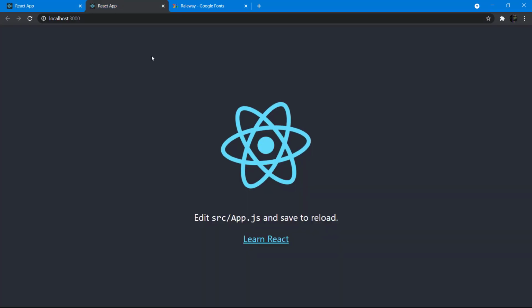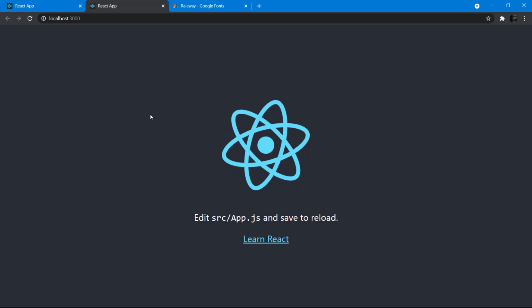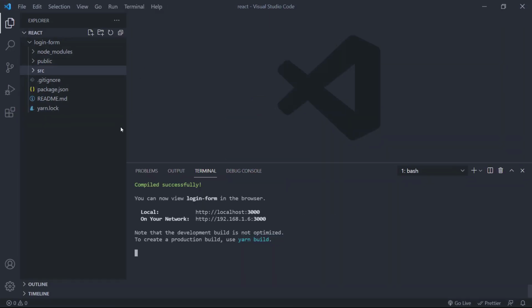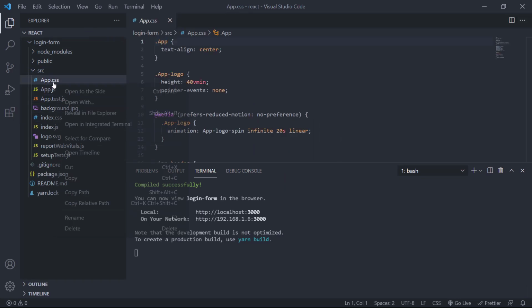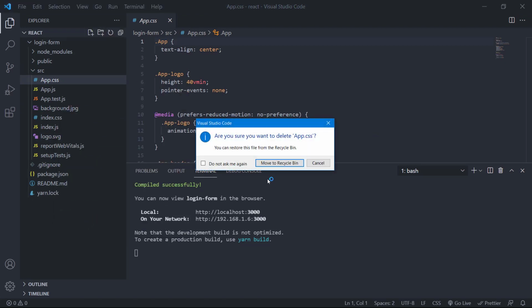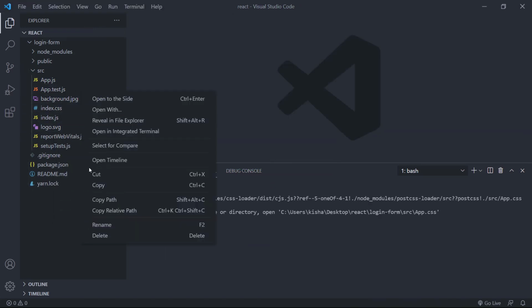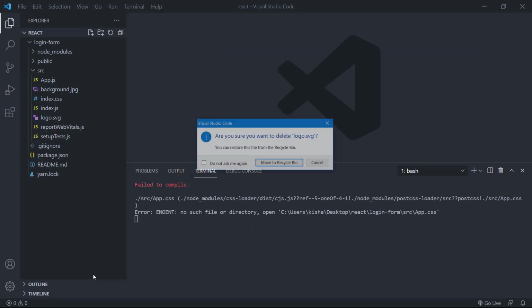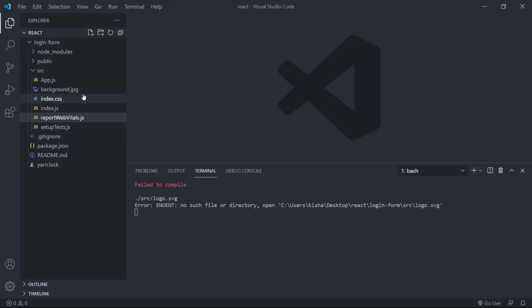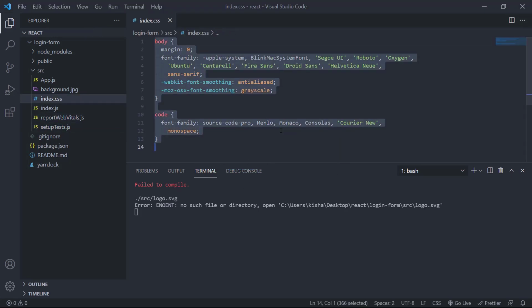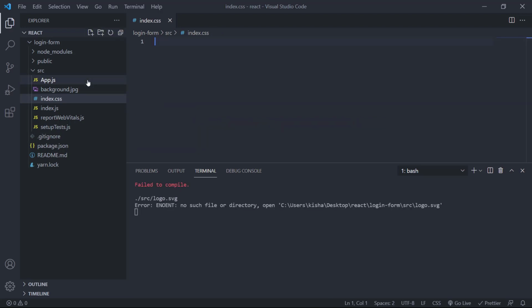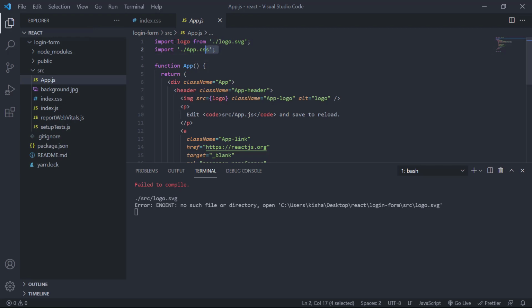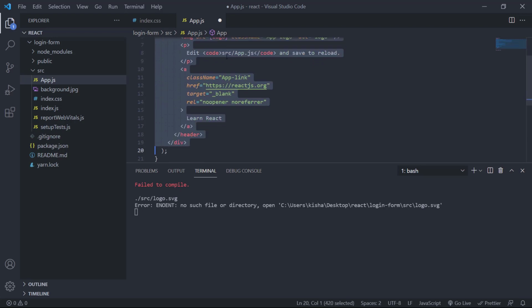I have already created a demo React app, so let's start with it. This is the source directory, and we'll be deleting this app.css file. Then we also don't need this app.test.js. We'll be deleting the logo.svg file, and we'll be deleting all this css code from index.css. Also from app.js, we'll delete this import and all this clutter code,